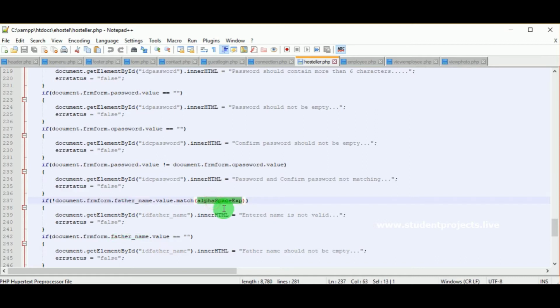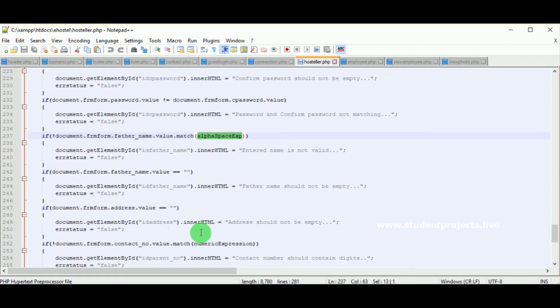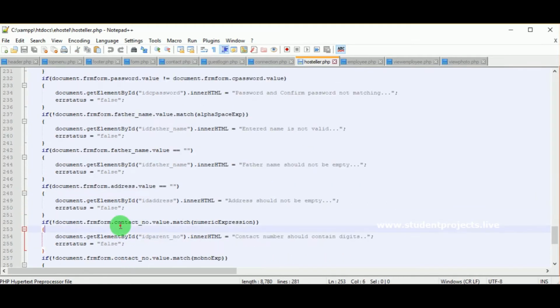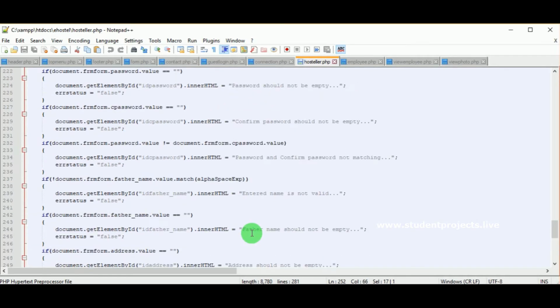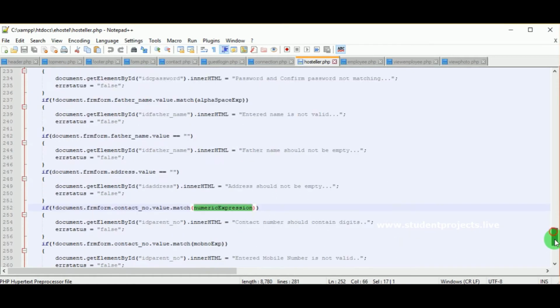Then if the father name is not an alpha-space expression, the same error as for name will be thrown. For the address, the address cannot be empty. For the contact number, if it is not following the numeric expression, that is, if the contact number has anything other than numbers, then the error is shown that the contact number should contain only digits.